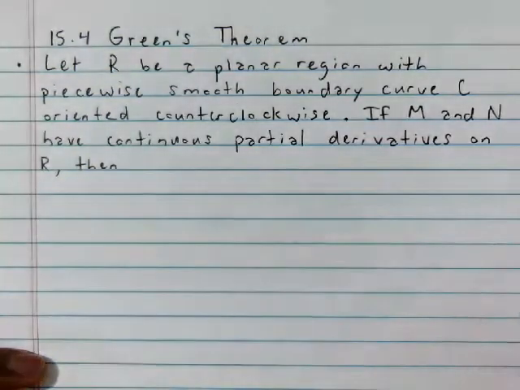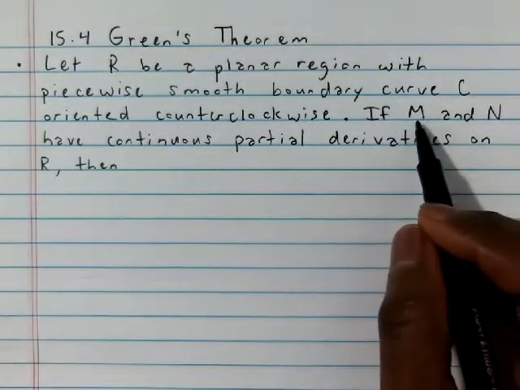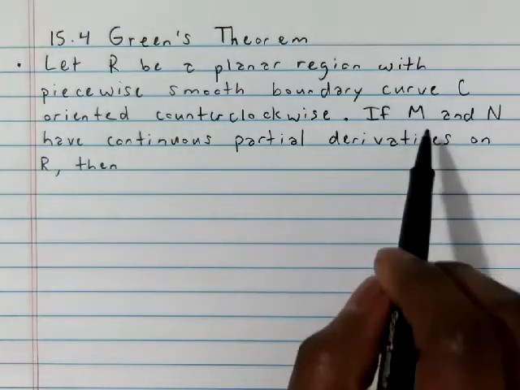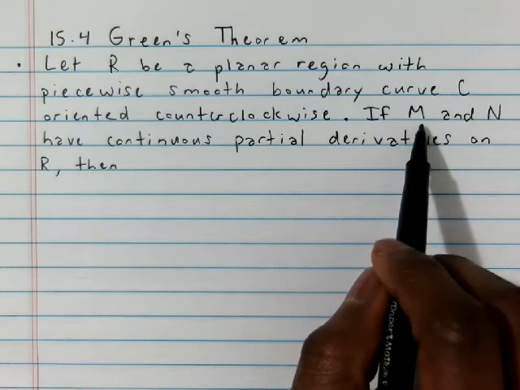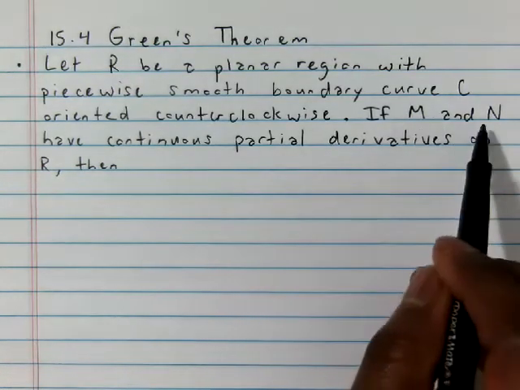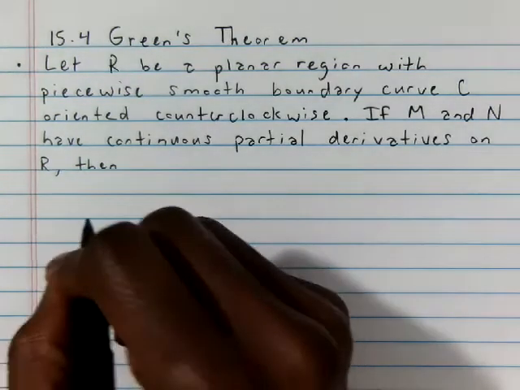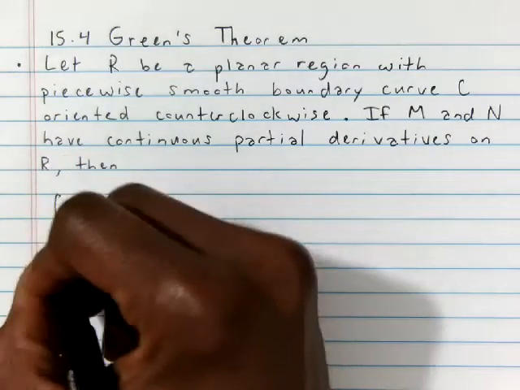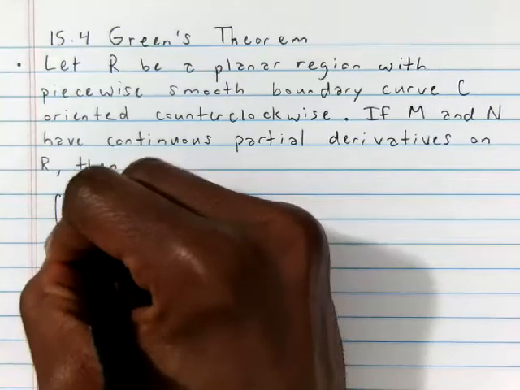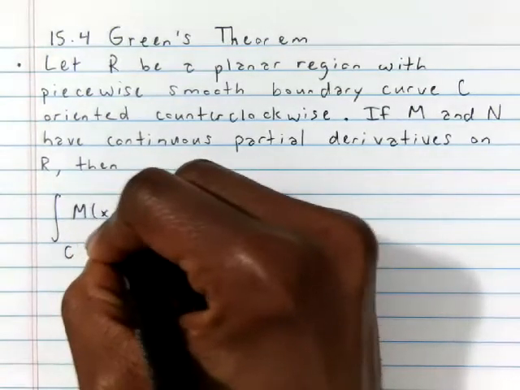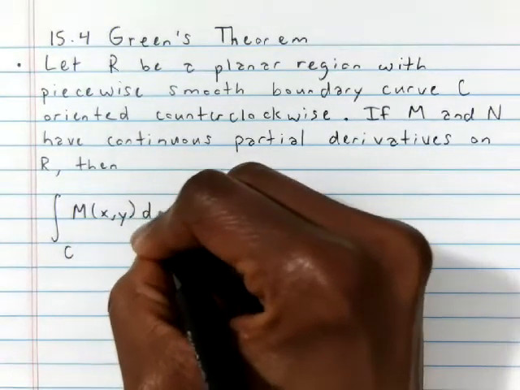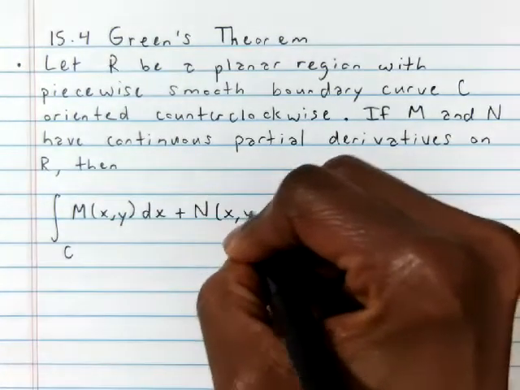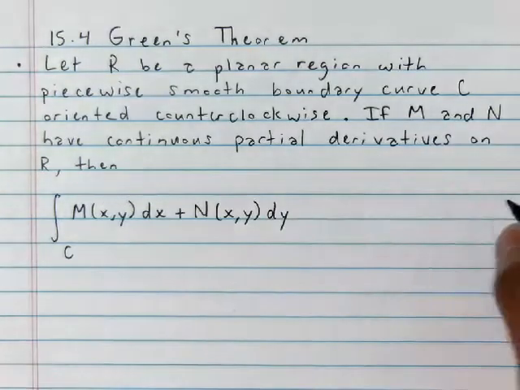then now here, this M and N, those are scalar functions, and because R is a planar region, those are going to be functions of just x and y. So these are each going to be functions of two variables. So then, and I'll write that out in our integral, just so we know. Then the line integral over C of M(x,y) dx plus N(x,y) dy